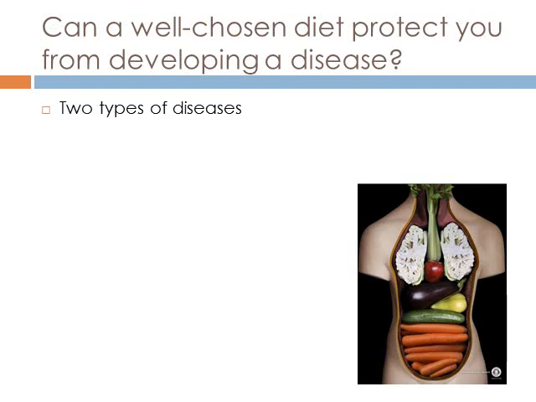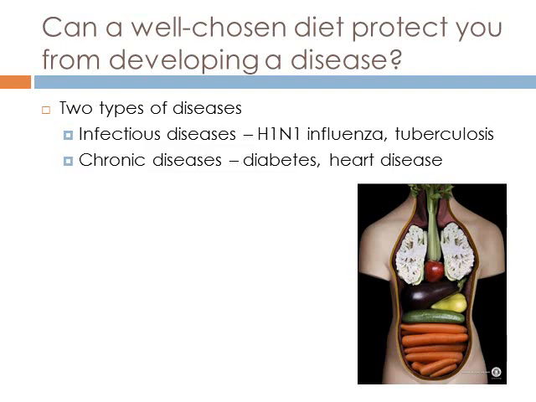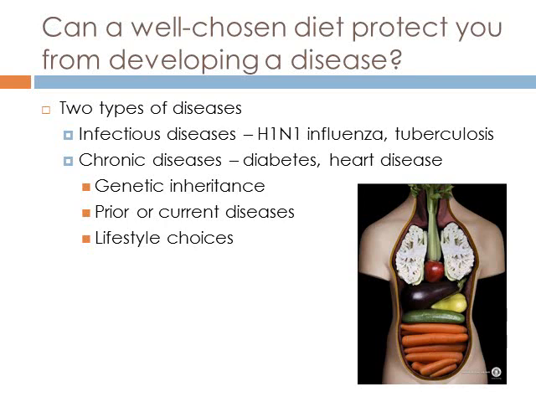There are two types of diseases. They can be infectious, which is something like influenza or tuberculosis. Antimicrobial drugs can help to decrease the death from these types of diseases. But there's also chronic diseases, and these are things like diabetes, heart disease, obesity, that you don't catch like an infectious disease. Chronic disease can arise from genetic inheritance, having prior or current diseases, and then lifestyle choices,